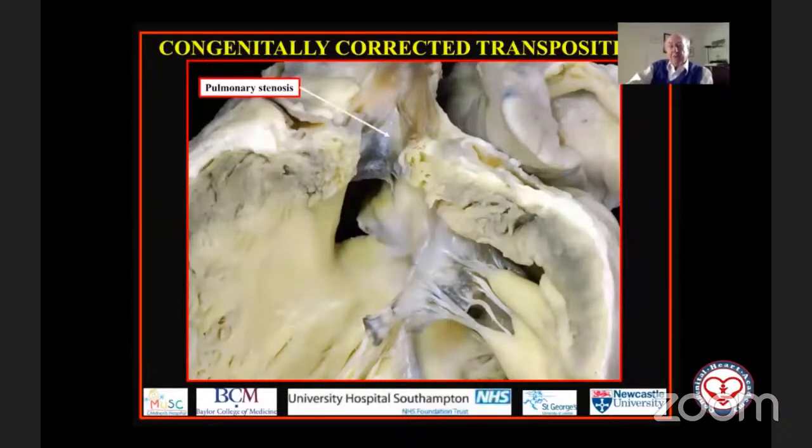There is marked pulmonary stenosis, and that has removed the malalignment between the atrial septum and the ventricular septum. There's also a subpulmonary infundibulum. I think there is a little bit of tricuspid to mitral fibrous continuity, but because of the septal alignment, I